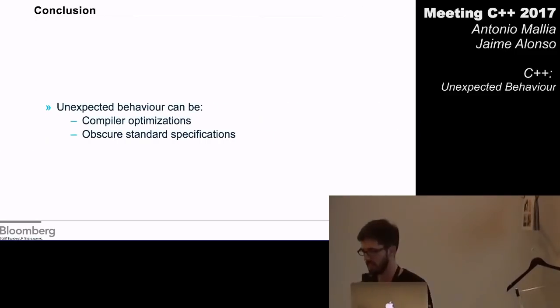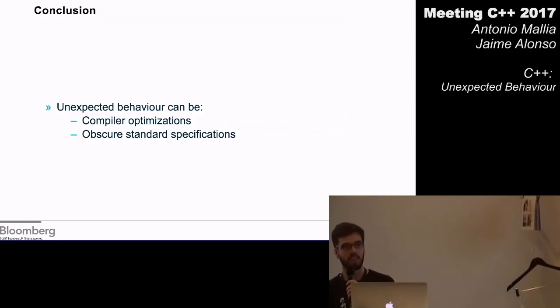So, as we've seen, unexpected behavior can be caused by compiler optimizations. Sometimes if we even have undefined behavior, the compiler can remove some variables and really alter the observable behavior of our code. So we need to make sure that, for example, in cases like we've seen with copy elision, we don't depend on side effects that we would expect our code to go through, because the compiler is now allowed to just strip that away. Also, in some cases, we may find obscure standard specifications that we may not know about. Those cannot always be found by the compiler,